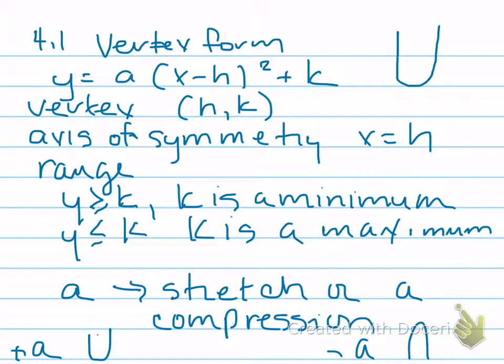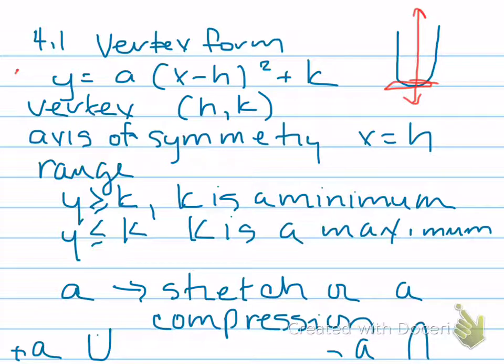You remember back before Thanksgiving that we talked a lot about vertex form, and this is really just everything that we've gone over. We learned that y is equal to a times x minus h squared plus k, and that the graph of that was going to be a parabola opening up. We learned that the vertex was h and k, and remember those are specific values for x and y that give us the turning point right here on the graph. Our axis of symmetry is always x is equal to h,